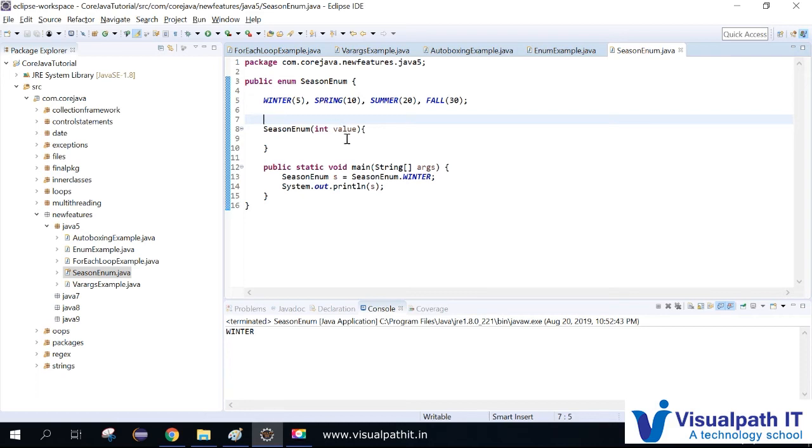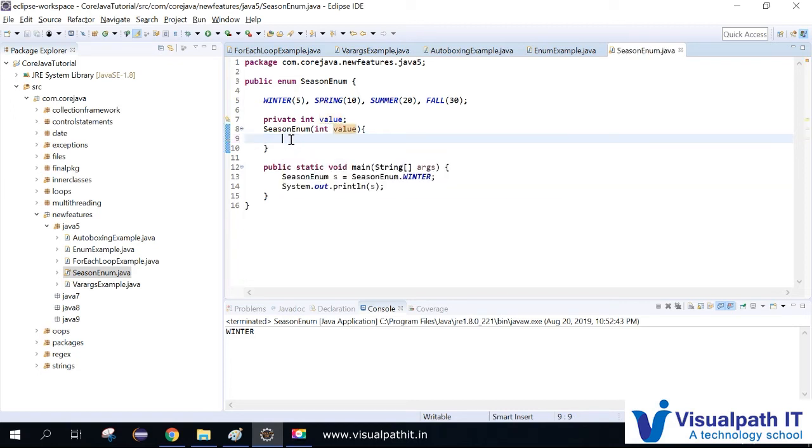Then what I have to do is have a variable. I'm just having an integer private variable. Any access specifier you can give. int value. For this I'm assigning from the constructor.